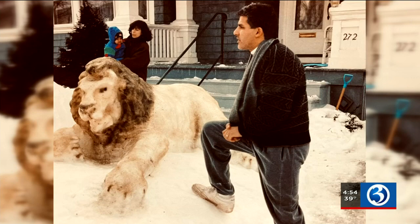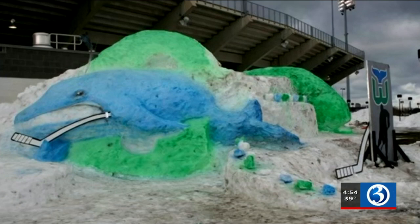And this is something he has been doing for years outside his New Haven home. And there's no lying about how talented he is. The ideas just seem to pile up for David, who taught arts for 36 years at Stanford Public Schools. Anytime I can do something that appeals to people, they walk by, they smile, I think I've hit the right